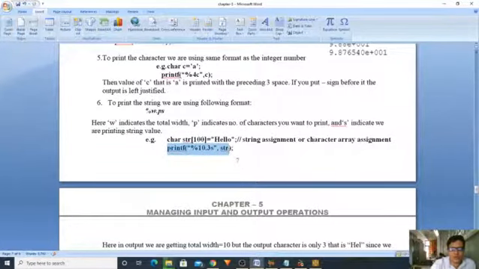Now what will happen? With %10.3s we get a total of 10 width. Among that we have to print only 3 characters of the string. Okay, in the total 10 width, how many characters do you have to print? Only 3 characters of the given string. For this, what is the output? It will print 'hel'. Okay, got it.